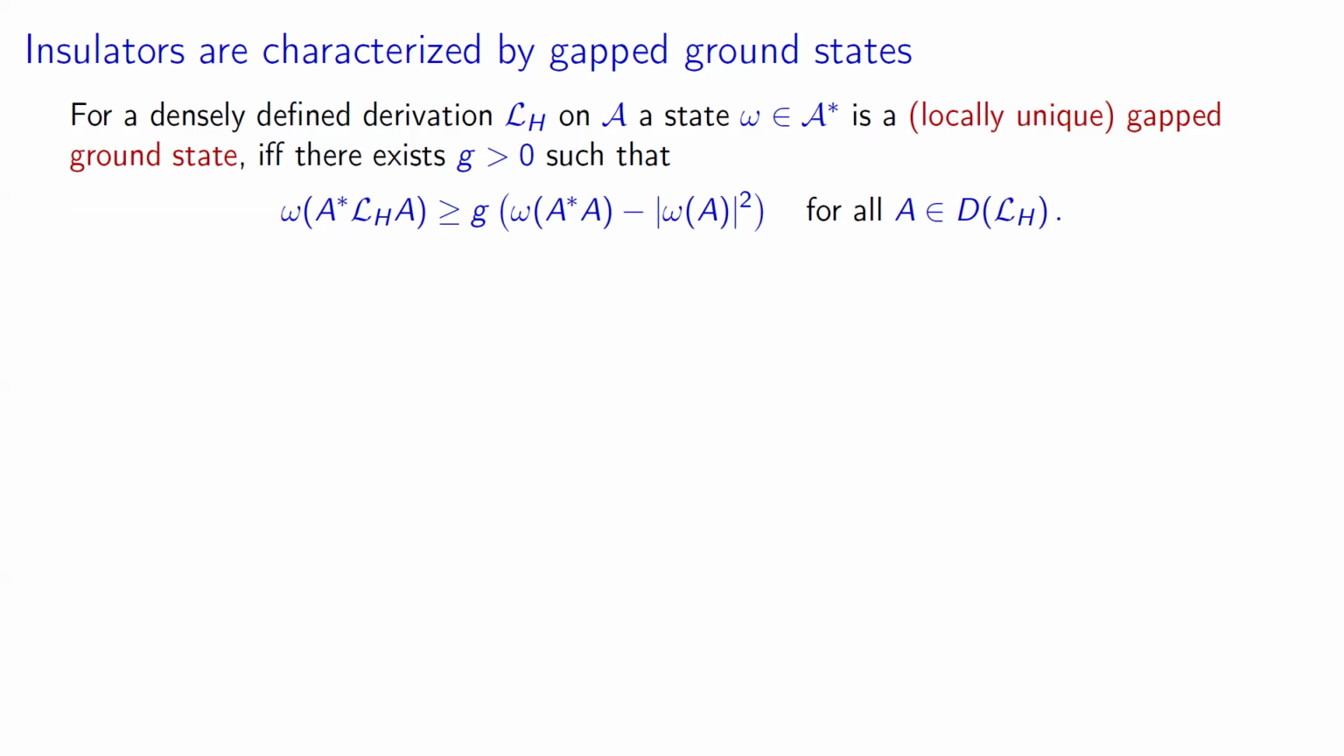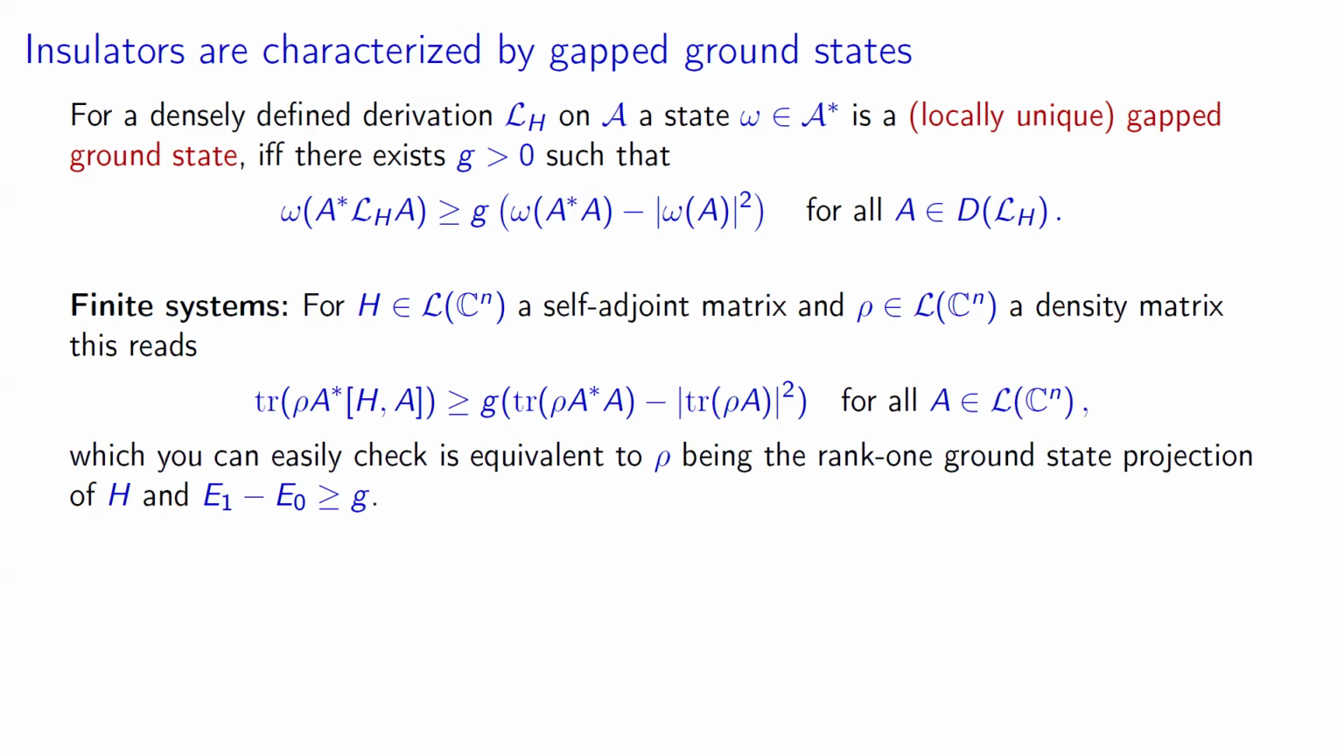I will not go into this right now. It is not at all obvious why this works, but it's an easy exercise you can do. It's not one line, but it's easy. You just have to do a computation to show that in a finite system, if you say H is a self-adjoint matrix and rho a density matrix, then this condition looks like this. So instead of omega, we have trace of rho times the operator. And now you can check that this condition here, G is, by the way, a number which we call the size of the gap,